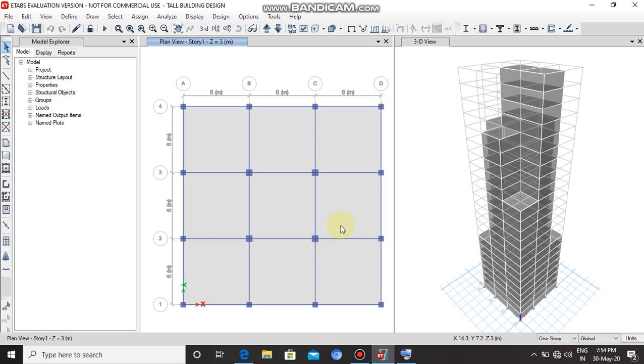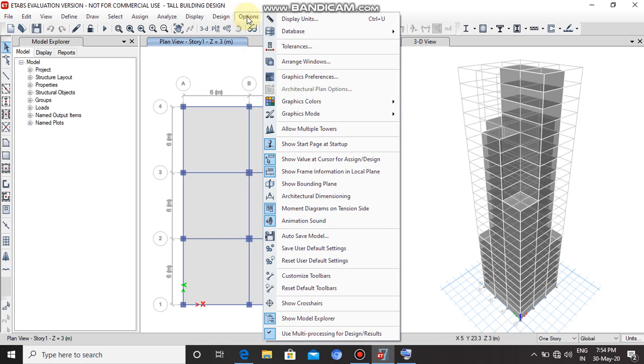We now set the load case by including the response spectrum function we have just defined. So, go to option, display unit.